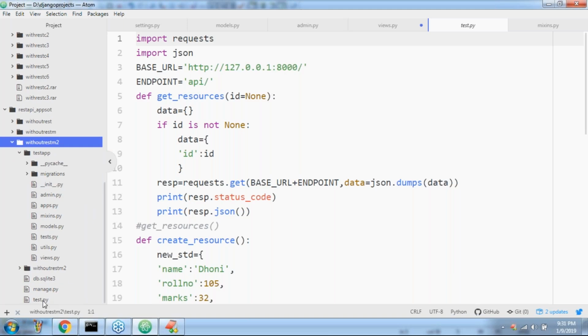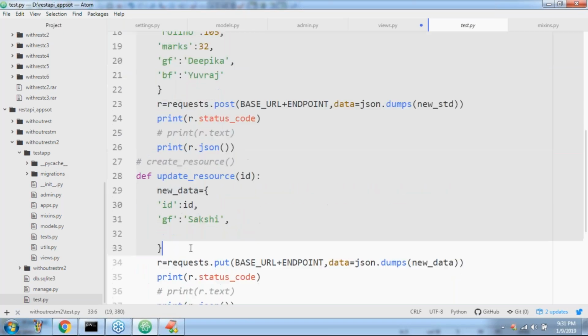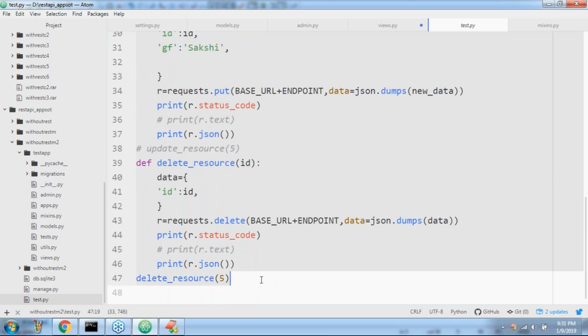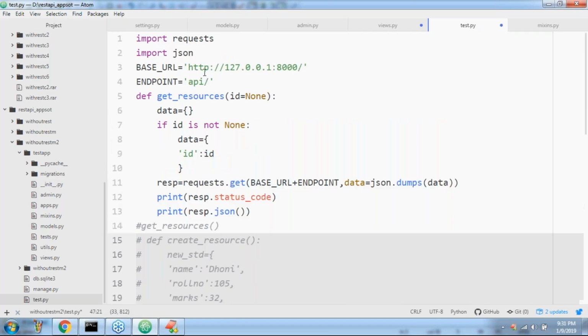If you observe this test.py, forget about all this code; I just commented all these things. Here, this is about my HTTP URL. Endpoint is API. get_resource(id=None).